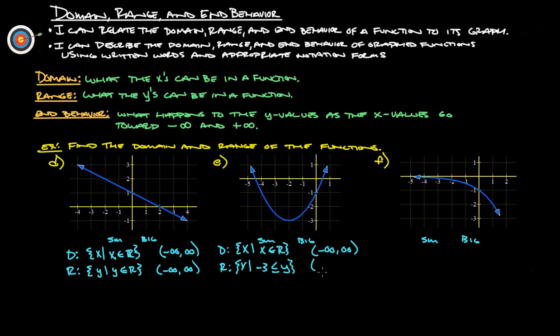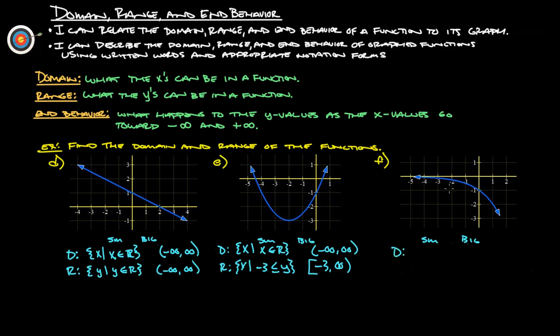Or again, if we're doing it in our interval notation, the smallest it ever gets to is negative 3 to infinity. Infinity's always got the round bracket because you can't include infinity. And this actually looks like it gets to negative 3, so I would put a square bracket around that. Okay. And then F,